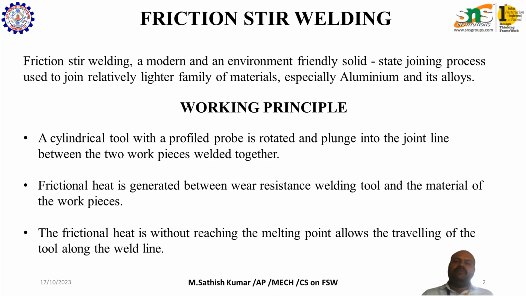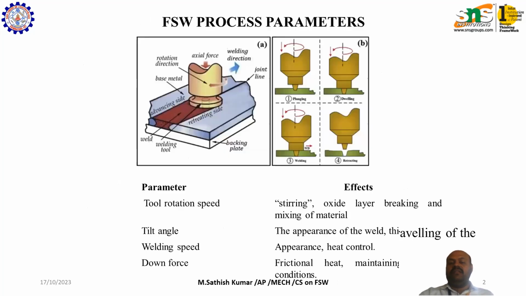The working principle of friction stir welding is that a cylindrical tool with a profiled probe is rotated and plunged into the joint line between two workpieces to be welded together. Friction heat is generated between the wear resistant welding tool and the material of the workpiece. The frictional heat, without reaching the melting point, allows the tool to travel along the weld line. This can be well understood by the